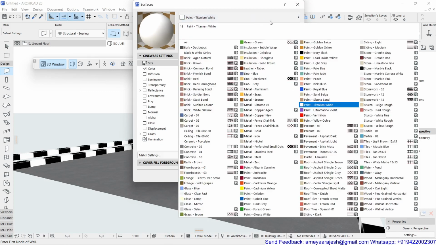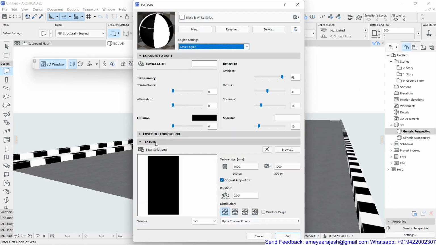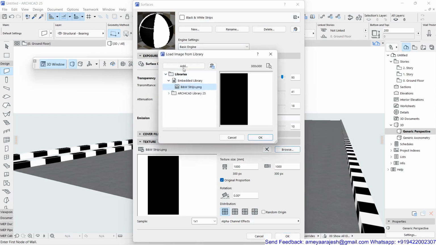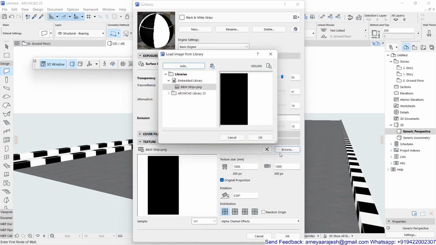And further, if you check the definition in the basic engine, in the textures, you should add this file by using browse. You should go inside Add and then hunt for the file which you have generated and then just add this. I'm just saying cancel because the image was already added.